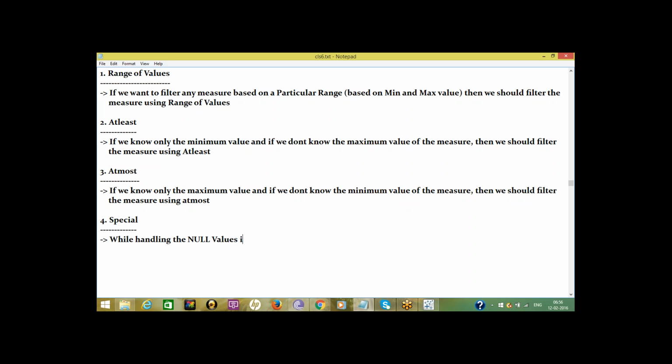Range of values, at least, at most, special.